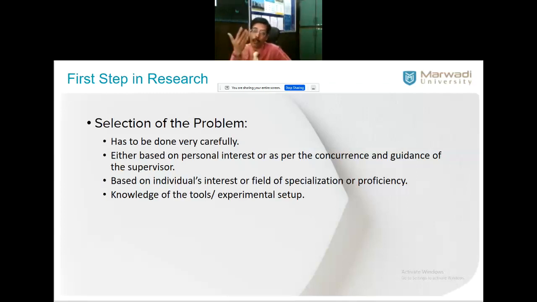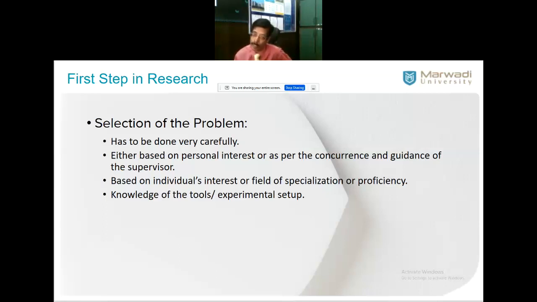Then you take any road. Since you do not know clearly where you want to go, you are not going to reach your destination. Then why are you in a position to choose a road? You can choose any road and reach the destination. So that is the thing. If the first step is wrong, everything will be wrong. You can't do anything. So this is a very strong foundation to your research.